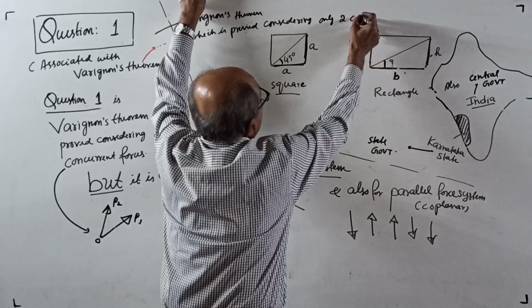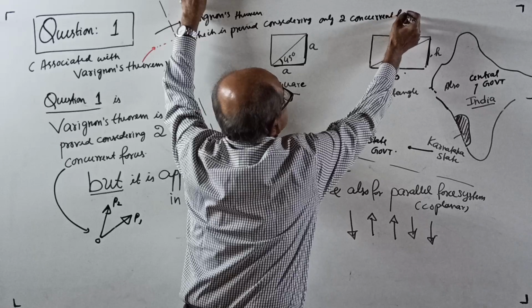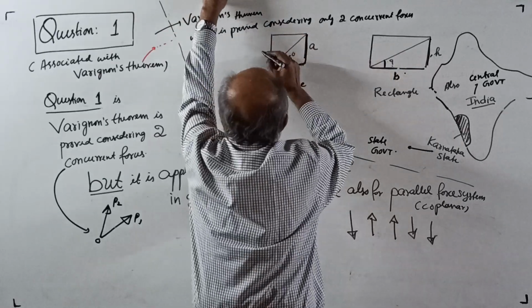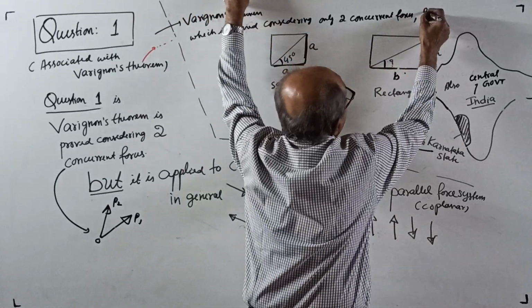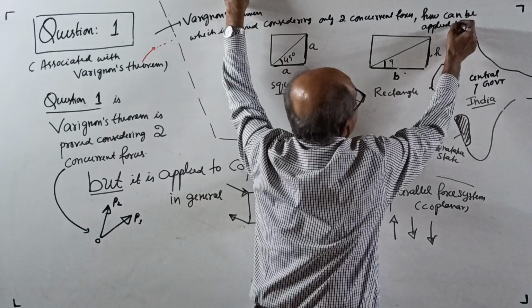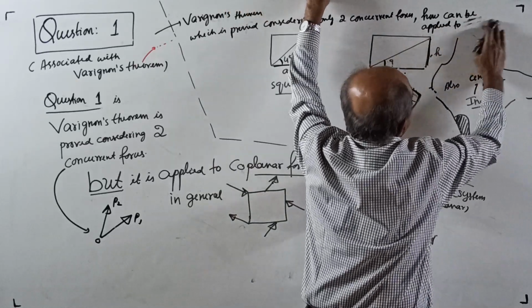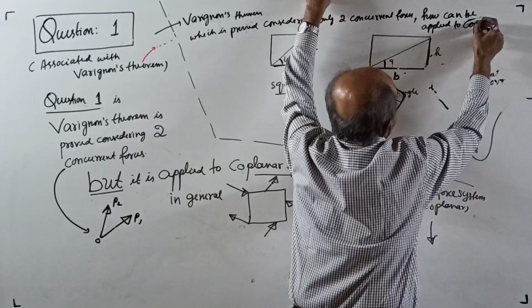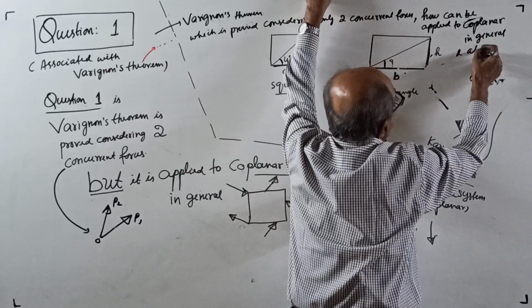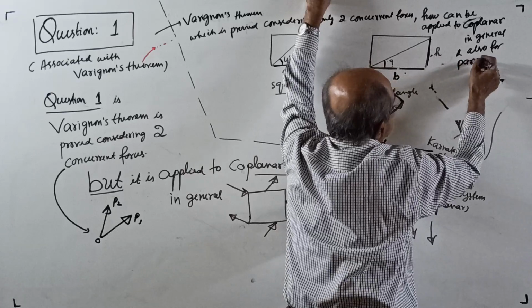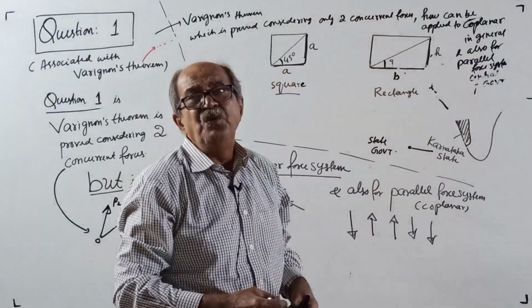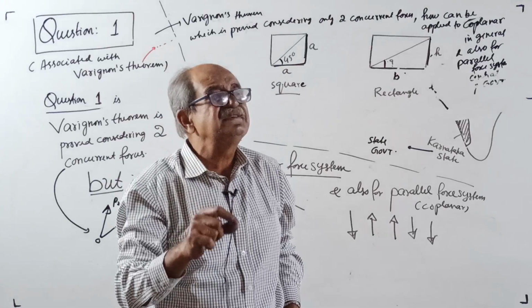Considering only two concurrent forces, Varignon's theorem which is proved considering one theorem, how can it be applied to coplanar in general, and also for the parallel force system? I will dictate once again. We are proving considering a particular case, an easy case,